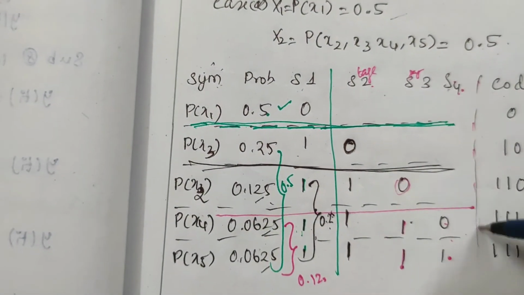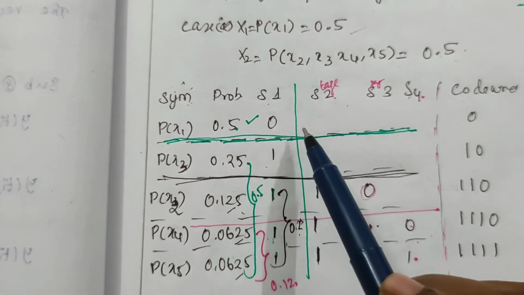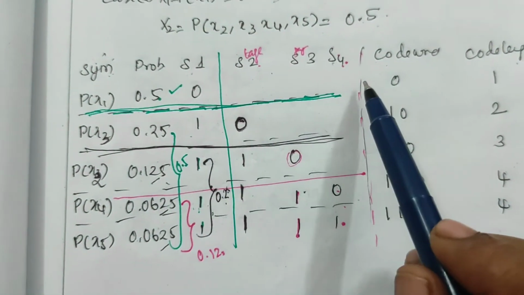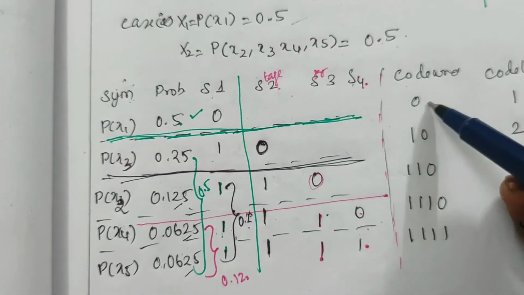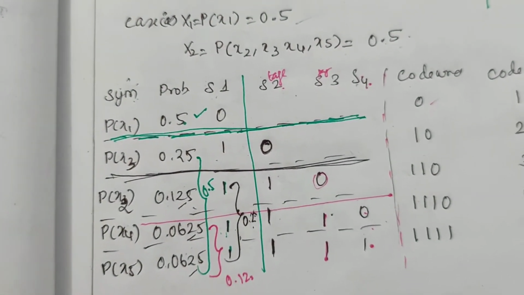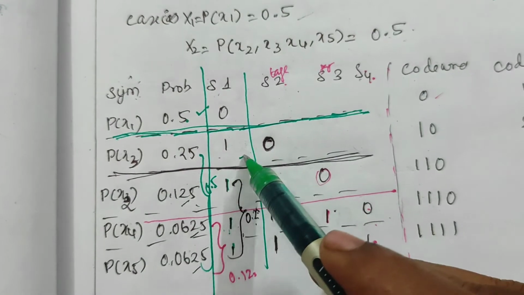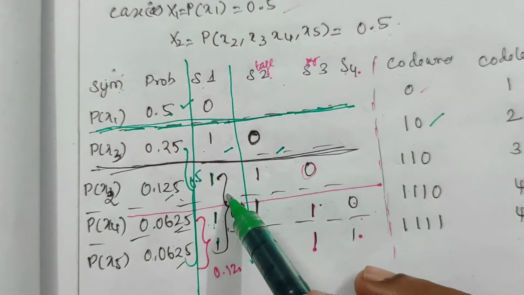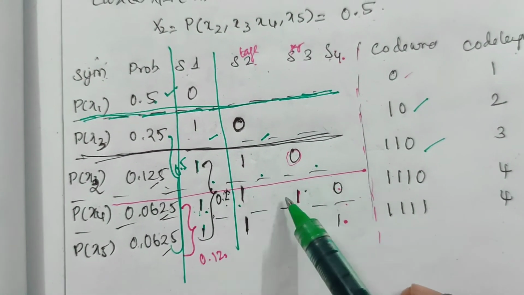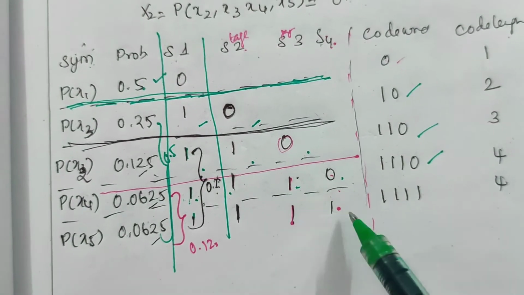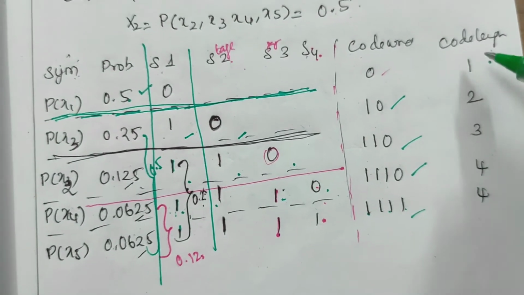So finally the table will arrive like this. Check the values of binary bits allocated from stage 1 till the end of the stage. So here stage 1 is 0, so 0 is allocated here. Next here you have to check the probability case. It is 1, 0. So 1, 0. For this 1, 1, 0. So I am writing it as 1, 1, 0. Next case is 1, 1, 1, 0. So I am writing it like 1, 1, 1, 0. So next case is 1, 1, 1, 1. So what is the code length you have to identify? So what is your code length?